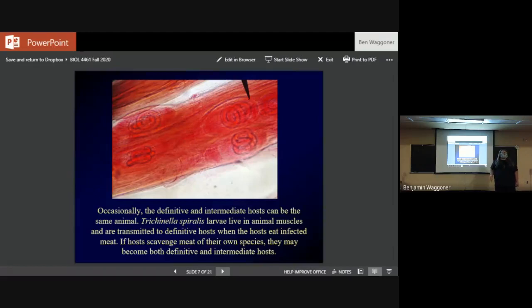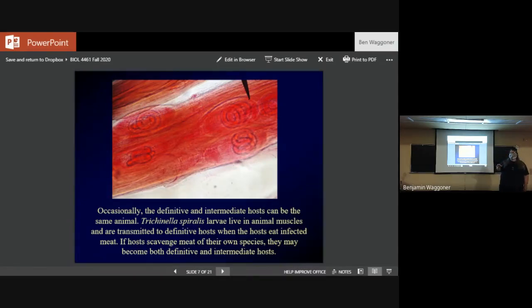You get Trichinella by eating infected meat. And if you do that, these little larvae pop out and they grow to adulthood inside the gut. So the larvae live in muscle, the adults live in gut,